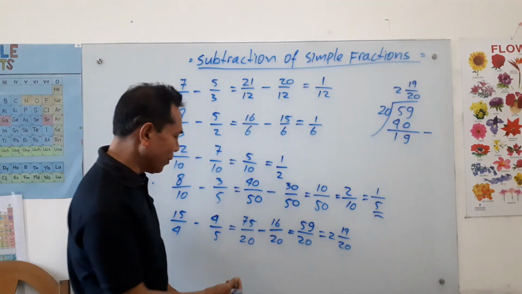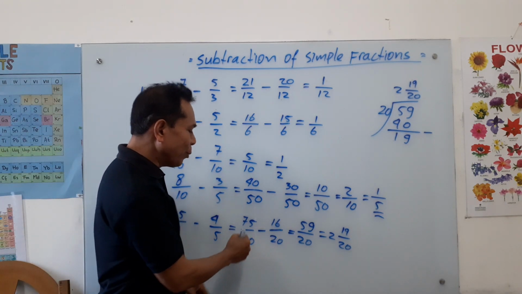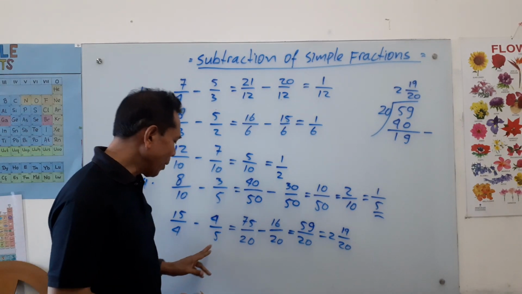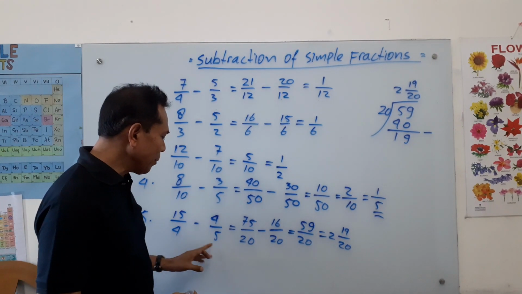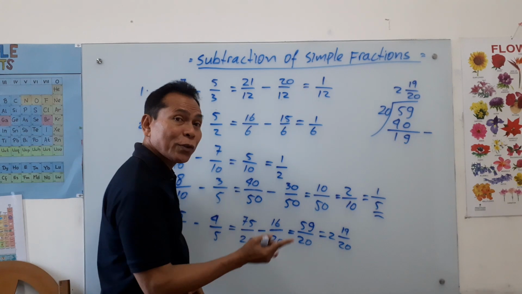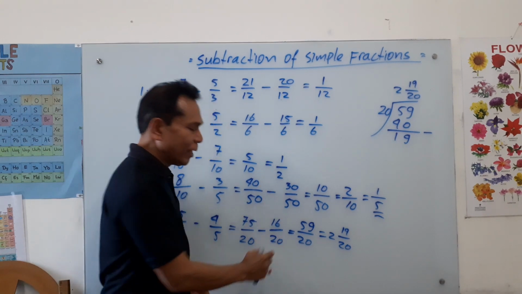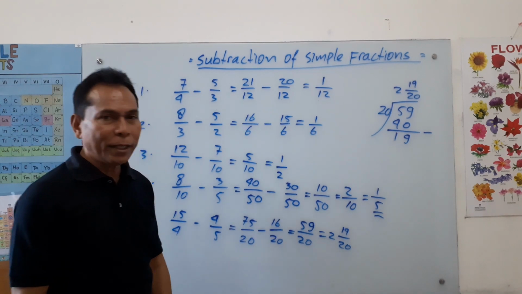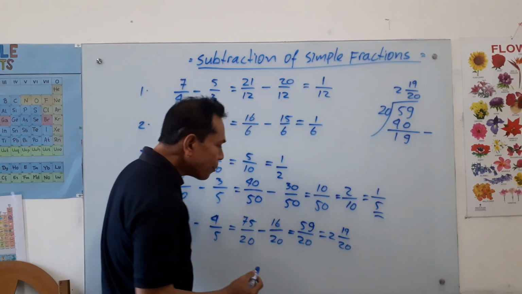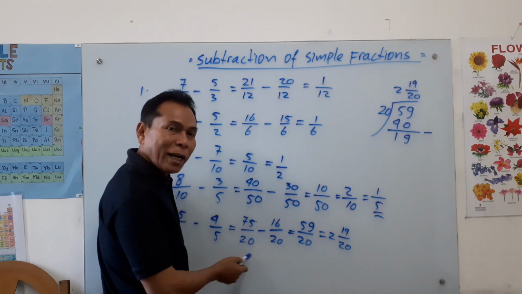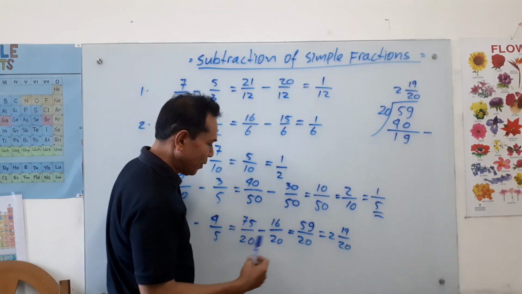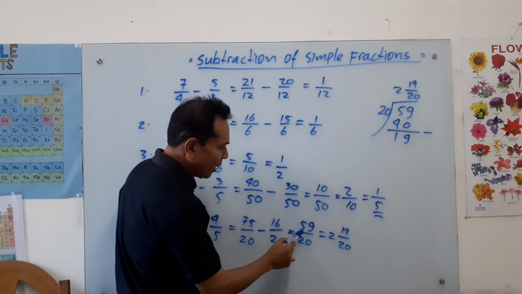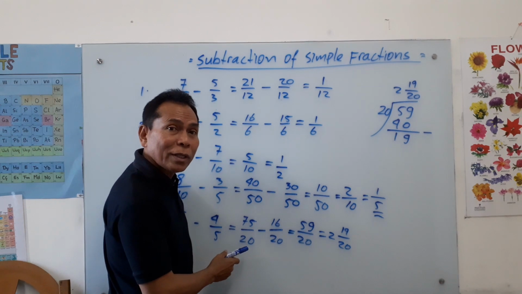And as I told you before, that new denominator 20 is the result of this denominator multiplying with this denominator, 4 times 5, 20. So you can use it for both. 20 here, 20 here. Okay? So 75 over 20 minus 16 over 20. Now, because the denominators are now the same, you subtract them straight away. So 75 minus 16, you get 59. Do not subtract the